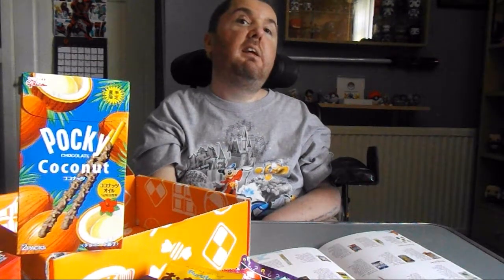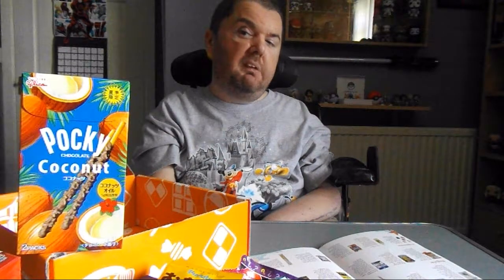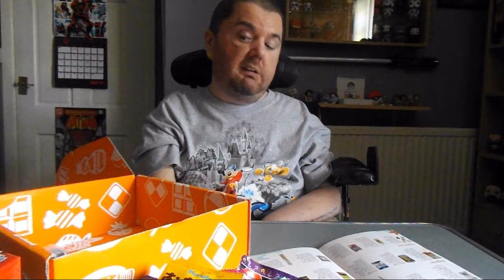flakes. But yeah, so as I say, I'm not a big fan of coconut flavoured stuff, but I do know someone that is, which I will possibly give this to them. I may try a bit, but last time I tried coconut, it was in a biscuit, and it wasn't a good experience. So, yeah, that's the Pocky. And finally,